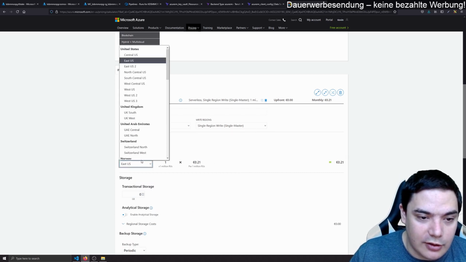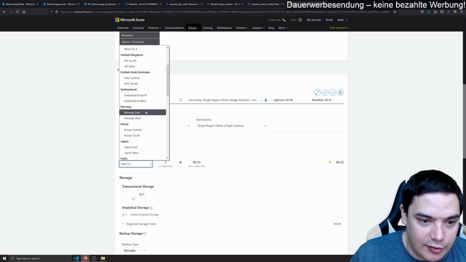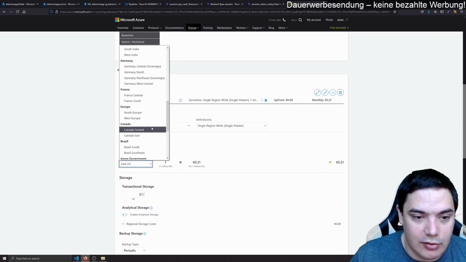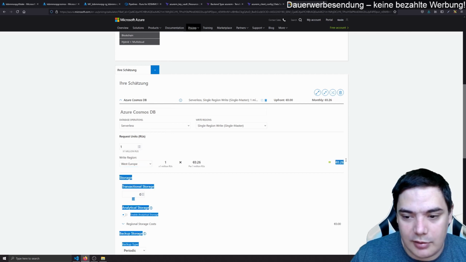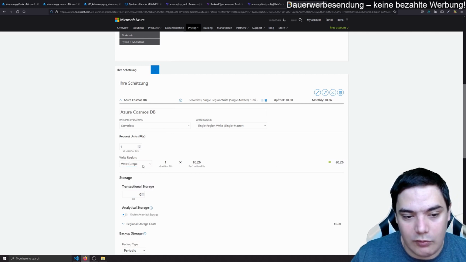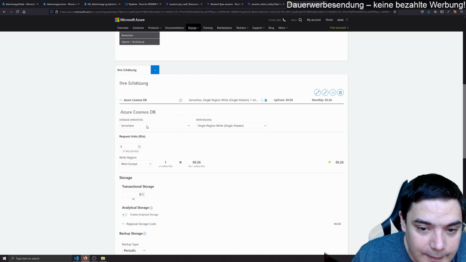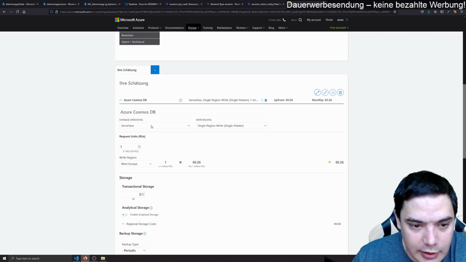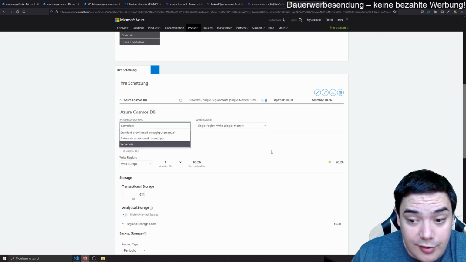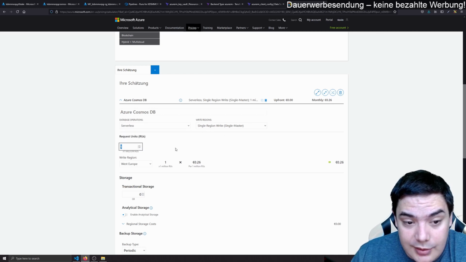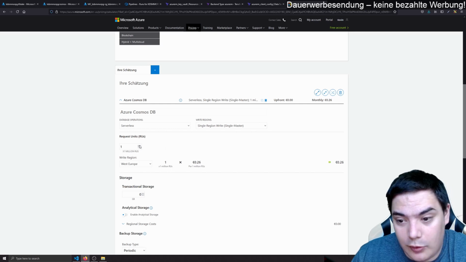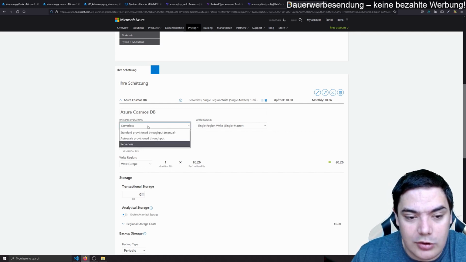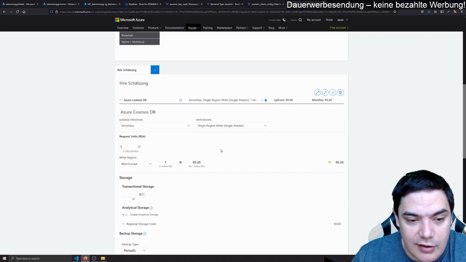Also, one benefit of serverless is that it scales with your load. So when I get a DDoS attack, the price goes up. For West Europe, it's 26 cents. But Azure has DDoS protection and everything in place. Still, it's quite cheap for dev environments. For production environments, you might want to have